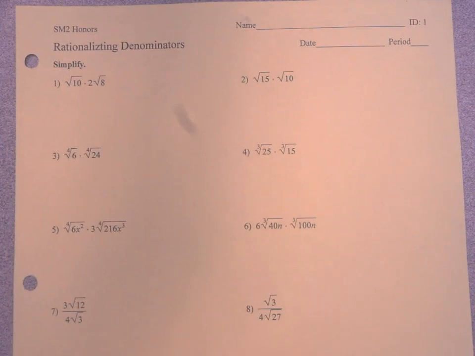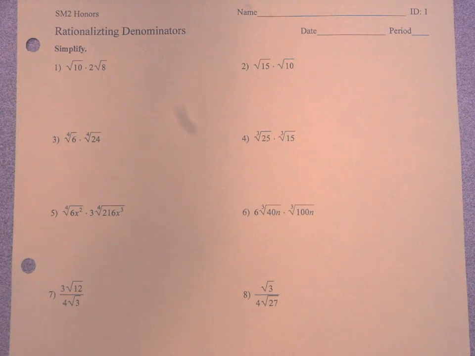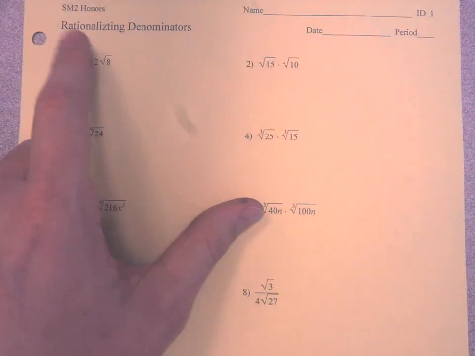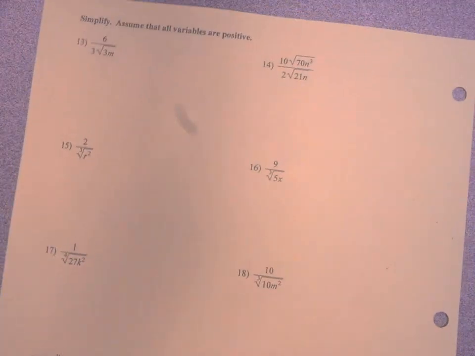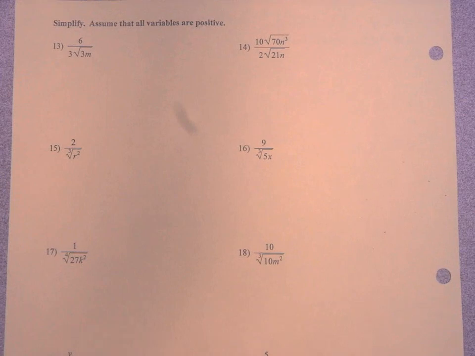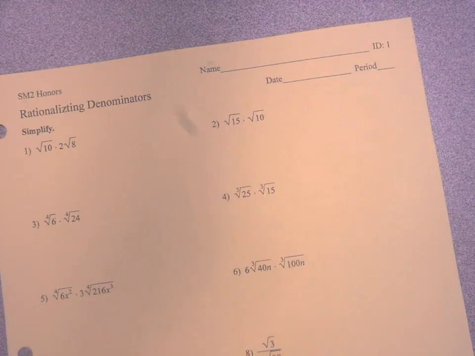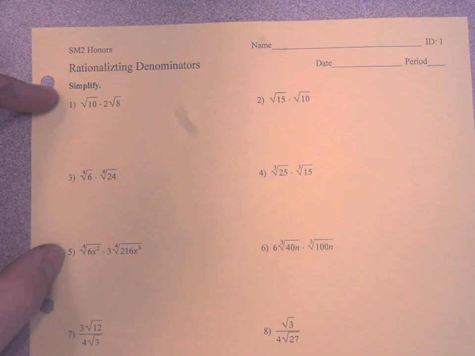Actually, on the front page, we're not going to rationalize many denominators. That's kind of what we're building towards. We needed to talk about a couple other properties first before we could actually do this thing, which is the name of the worksheet. So the back side is actually where we're going to rationalize our denominators the most, but we need to take a look at the front first. On the front, there are two properties that we're going to need, and the first one starts with